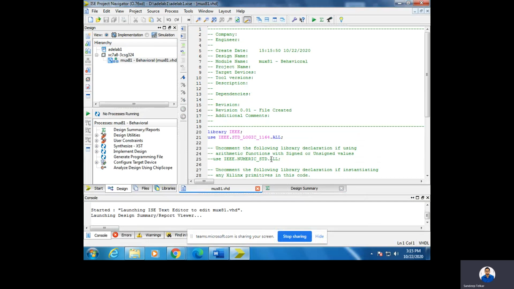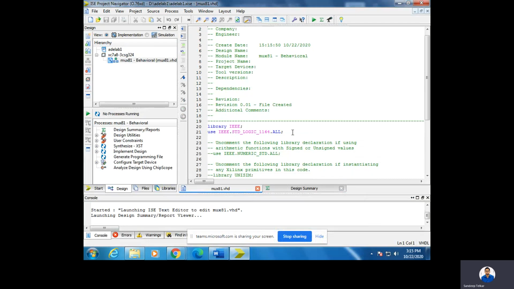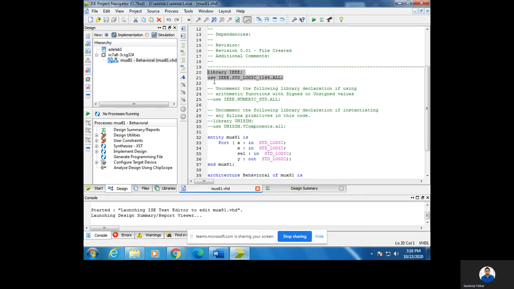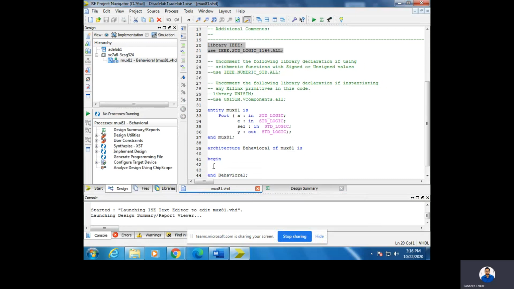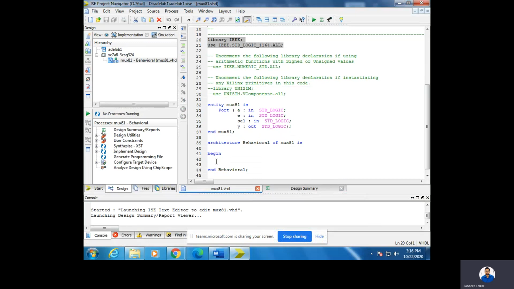You can observe some of the default statements you have to write in your program already exist in this particular case, so you can make use of this code. The only thing you need to do is write the logic between this begin as well as end, right?